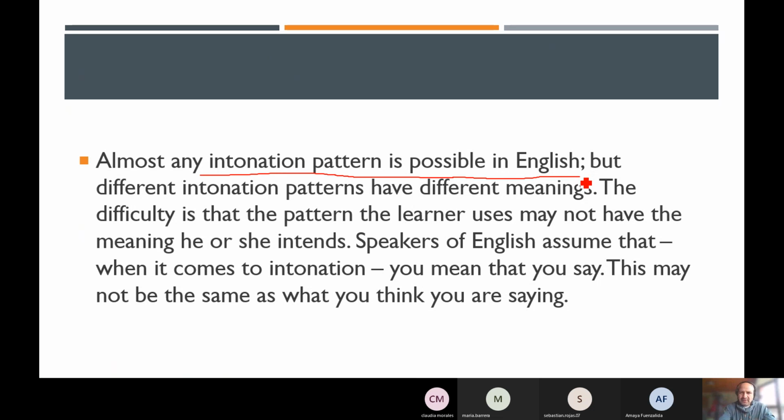Have we learned about this before? I'm using a rising intonation because I'm asking a yes or no question. Have we learned about this before? And I'm expecting for you to say, yes, we have seen this before. No, we have not learned about this. Okay, but that's the idea.